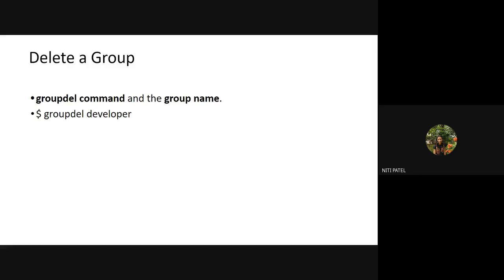But you always have to remember that whenever I have changed the group name, while deleting also, I have to make use of the new group name. Because if I try to do it with the old group name, it will always give me an error stating that the group does not exist. And once the group is removed, all the members which are added to that group also get removed.